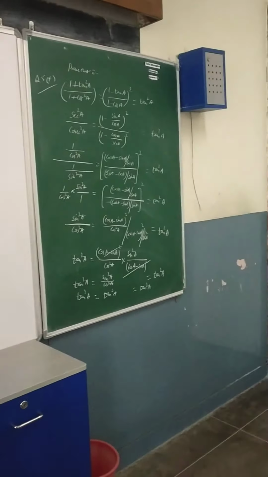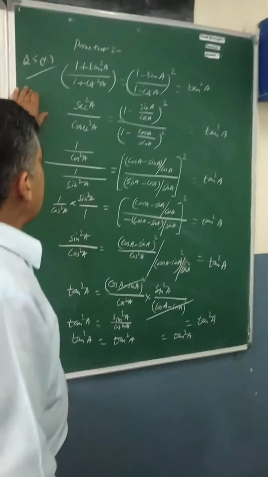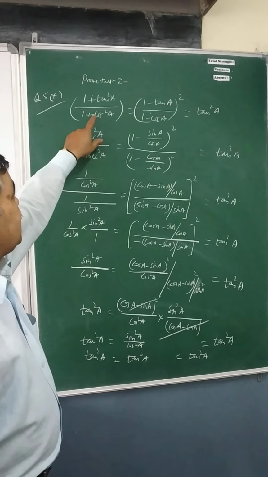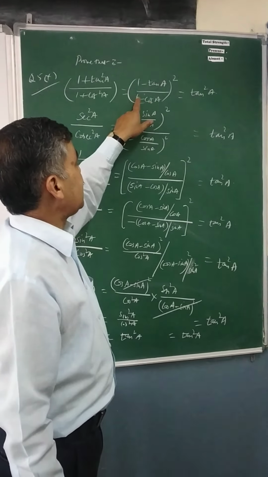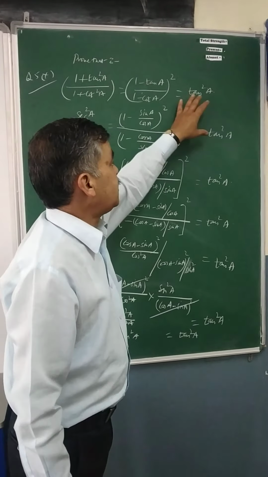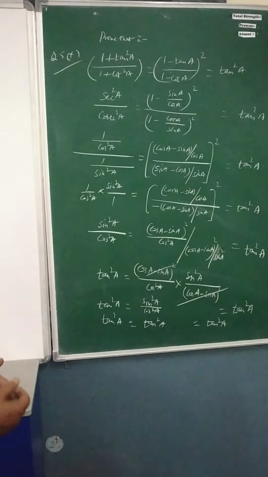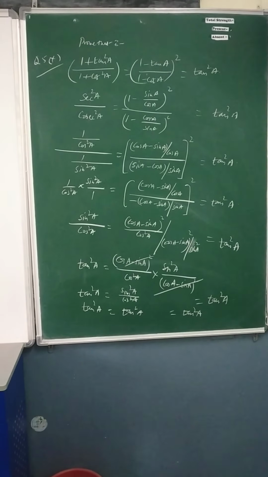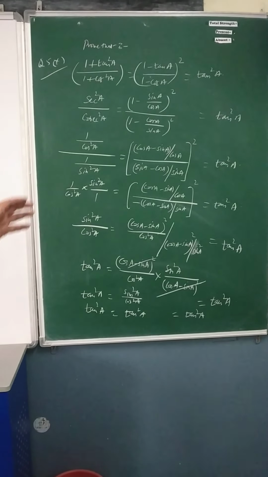Then if you see the last part of this question number 5, that is the 10th part. So here you have to prove (1 plus tangent square A) upon (1 plus cot square A) is equal to ((1 minus tangent A) upon (1 minus cot A)) whole square is equal to tangent square A. 1, 2, 3 parts are there. I know tangent square itself is the simplified form, or lastly you can express it as sin square upon cos square, it is up to you. Or you can express it as tangent square also, but what about the other two?